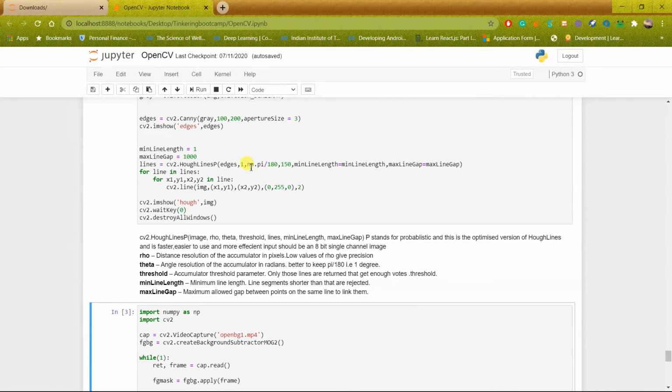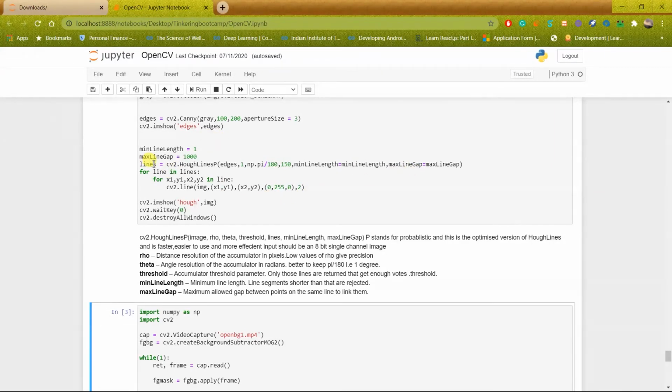So this is used like np.pi/180, which is essentially 1 degree, and it is best practice to keep it at 1 degree. After that, I have passed in the minimum line length and maximum line gap.